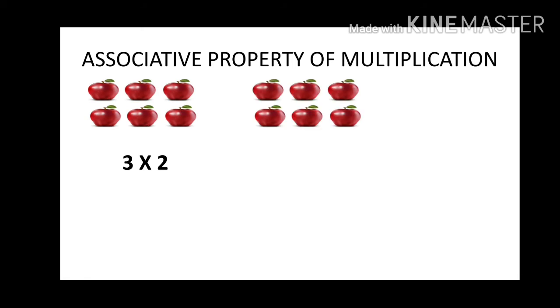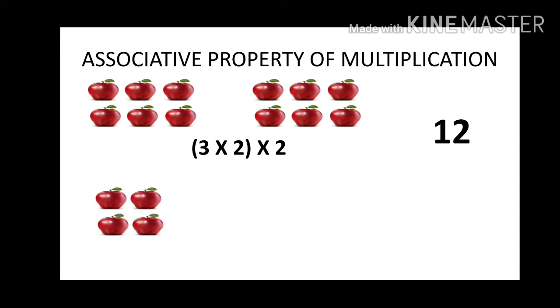Here let's take a group of 2 apples. Now it's 3 sets of 2 apples each. So we can write it as 3 times 2. So 3 sets are there of 2 apples each. So 3 groups of 2. Like that I have taken 2 sets. So this can be written as 2 sets of 3 groups of 2 apples. So 3 groups of 2 apples I have taken first. Then I have just doubled it to make it 2 times. So now we have 2 sets of 3 groups of 2. So there are 12 apples now.